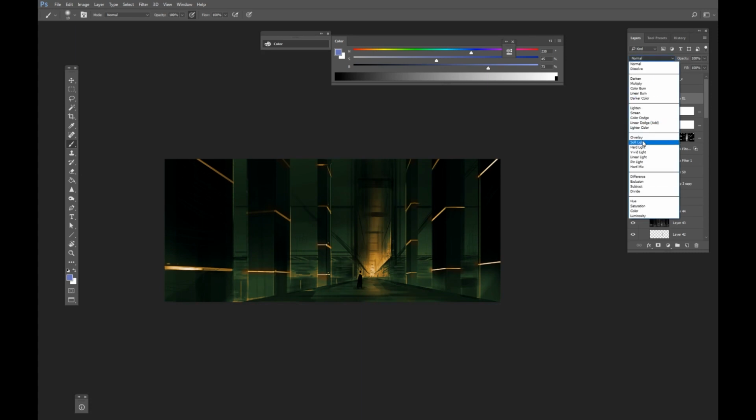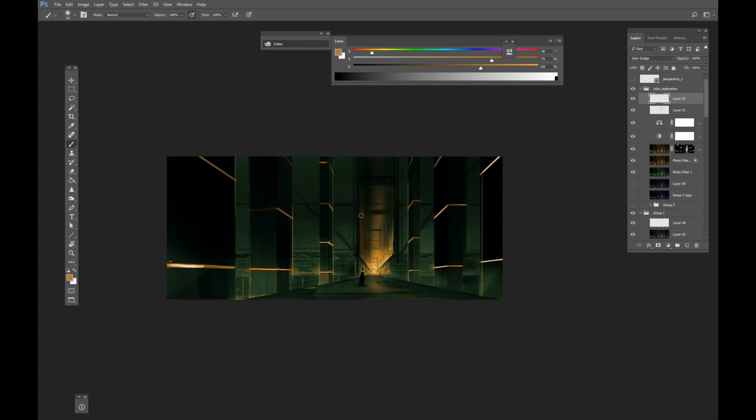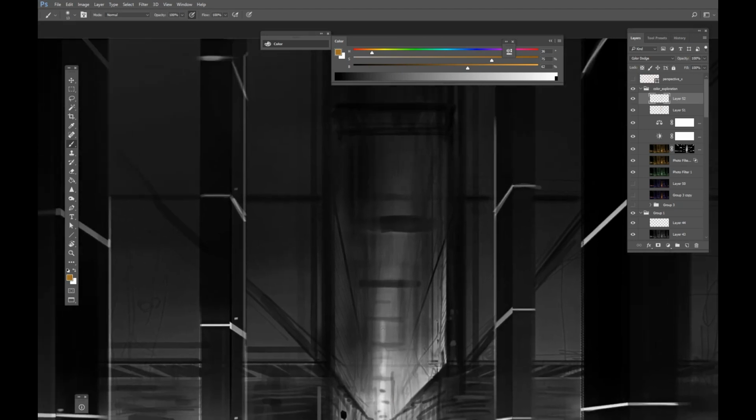Let's use some overlay here, just some more color here and there. Or a bit of a color dodge. This side here I like to be a bit more lit. You can see that I'm not going crazy with the lights. This is around 70% black, so I'm keeping my only whites just for